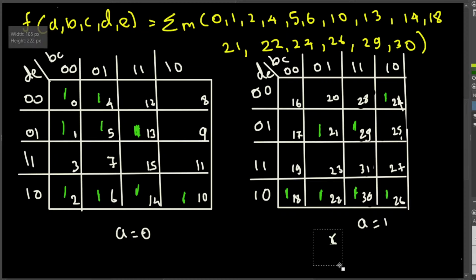Okay. So let's combine them together. Let's see the ones here, and here you can see we have 1 1 1 1 1 1 1 1. So you have to think like this one is on top of the other one. Like these are on top of each other. So if you see both of them are the same,